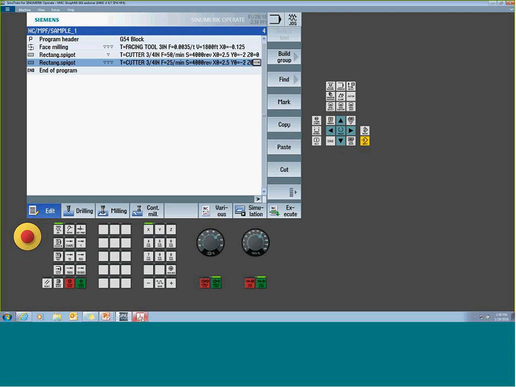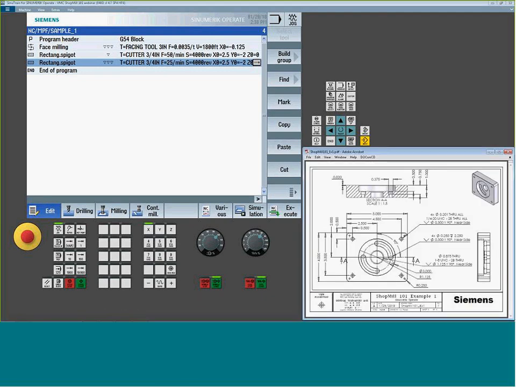Now let me bring up the print so you can keep an eye on it. So first we're going to, again, machine this center pocket. If I look at the pocket print, this hole is going to be a 1-inch 8 thread. So if I wanted to, we could certainly check in the machinist handbook. Here it's giving me an .875 through, so that would be what I would want to machine that bore through. So we want to go to milling,